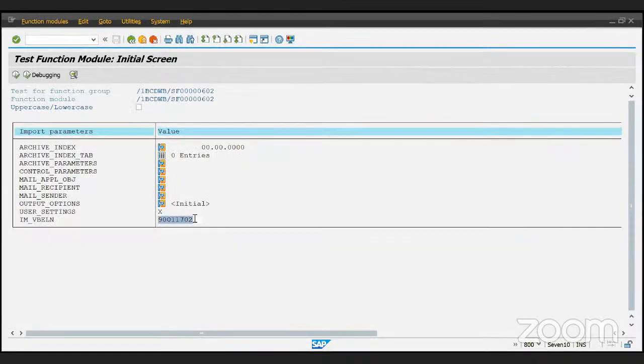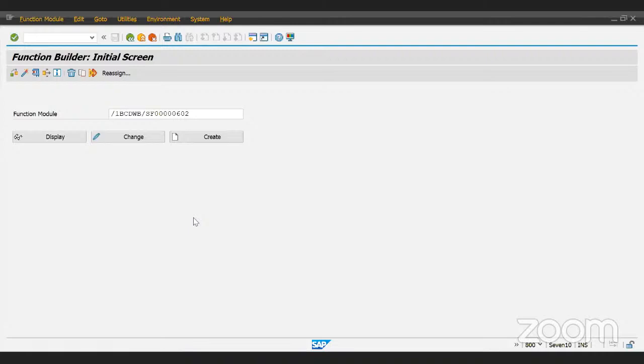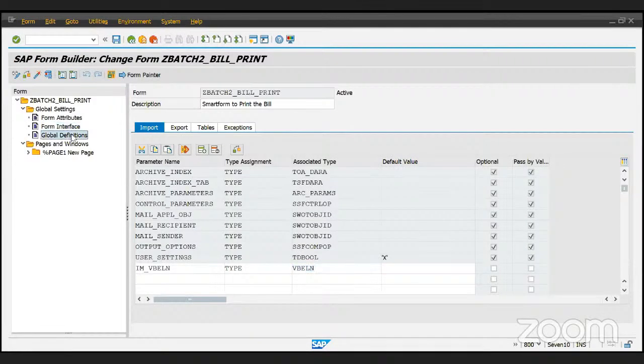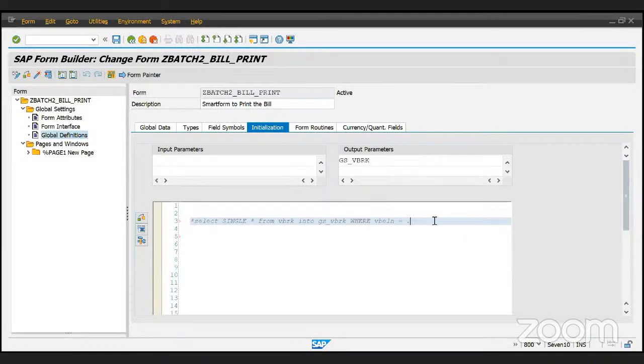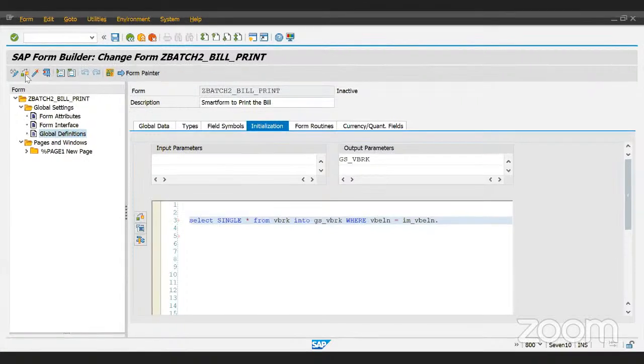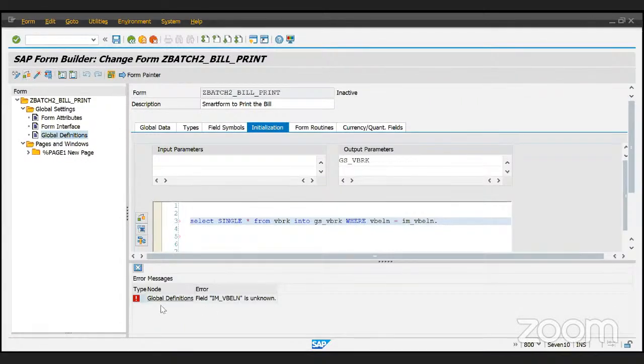Our query is still deactivated. So what we will do is go to the change mode, go to the definition, and then in the code initialization we will write this query: select single star from the VBRK table into this global structure where VBELN equals to my billing number, which is coming into IM_VBELN. So that is the perfect query, as we write in the report programs also. If you check the syntax, it will say that global definition, in this global definition, in this tab,